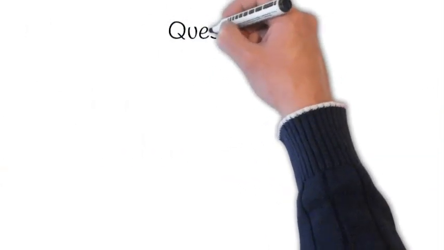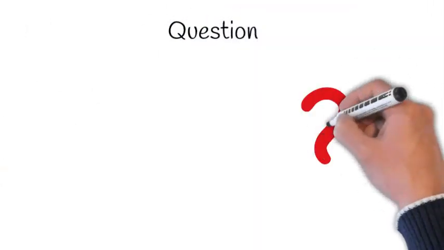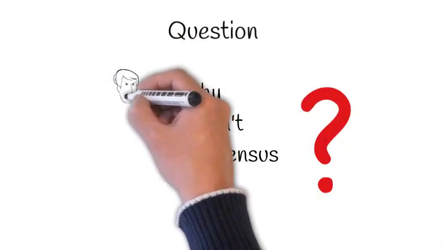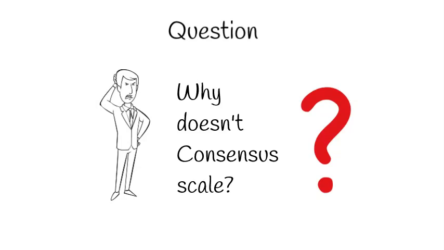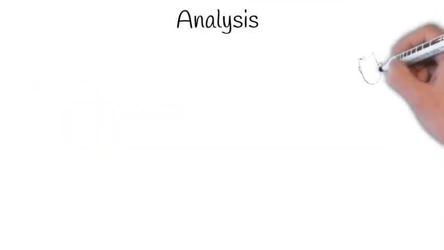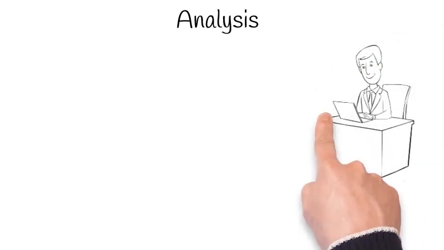Yet, while this process seems relatively simple, the question is, why doesn't consensus scale? Well, let's do some analysis. Considering one transacting period,